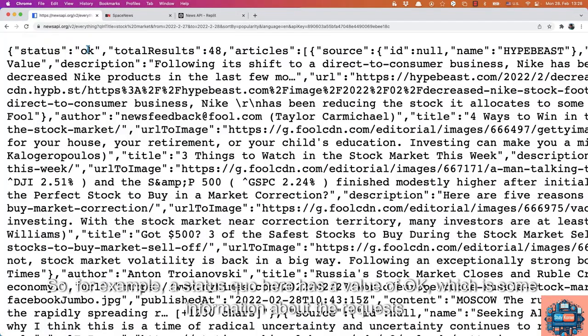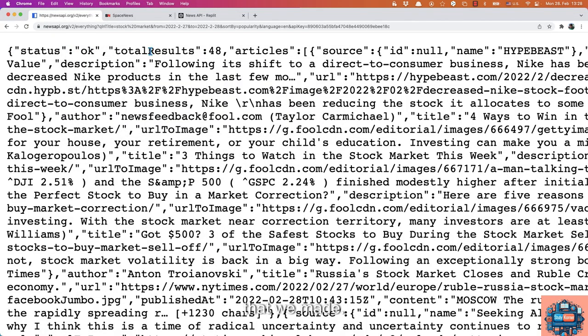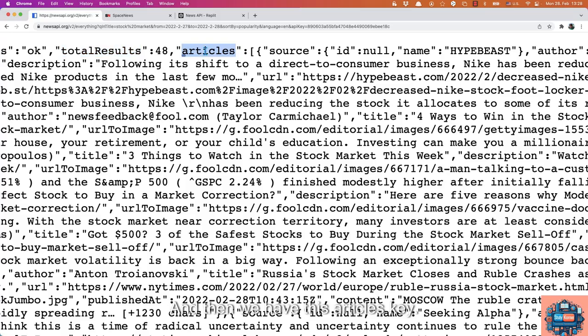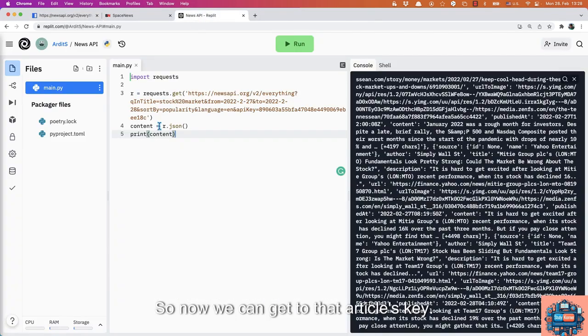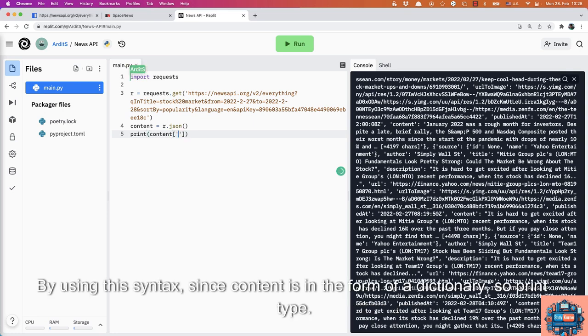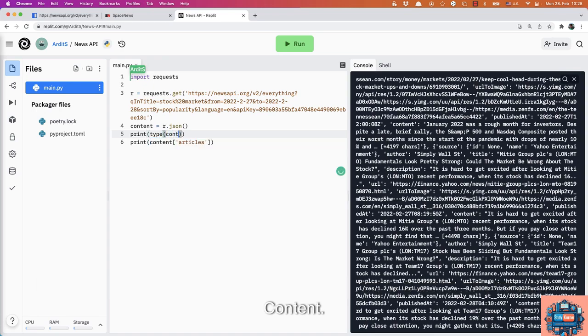So for example, the status key here has a value of OK, which is some information about the requests that we made. Then we have total results, how many news articles we have, and then we have this articles key. So now we can get that articles key by using this syntax. So since content is in the form of a dictionary, so print type content,